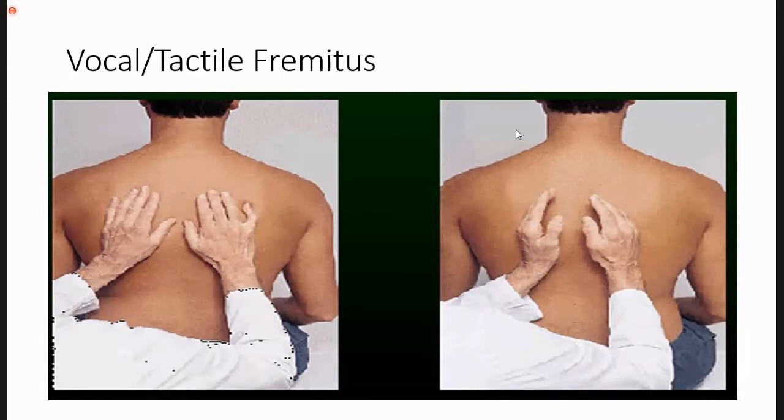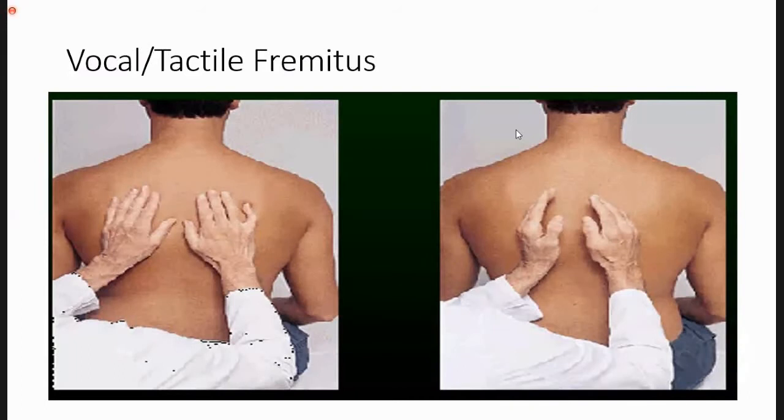It should be any sound which can resonate. Normal lung sound, the character we just discussed, is the resonant sound. Normally, the area over the lungs is resonant. We need to feel the resonance on the lateral border of our hand. When we place the lateral border of our hands on these areas and ask the patient to repeat 99 or 111 or teen, teen, teen, we can actually feel the resonance on the lateral border of our hand, which is normal tactile fremitus.